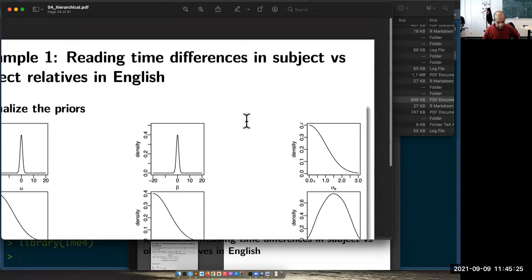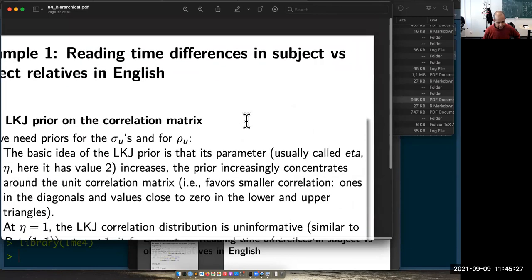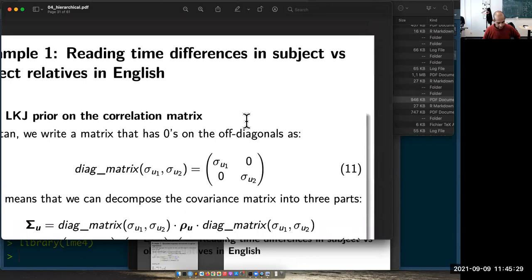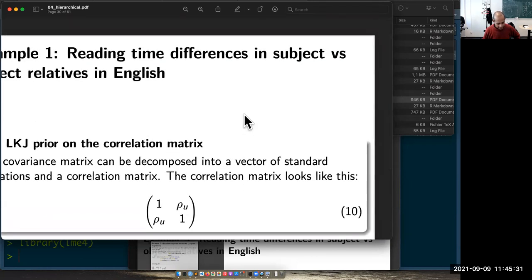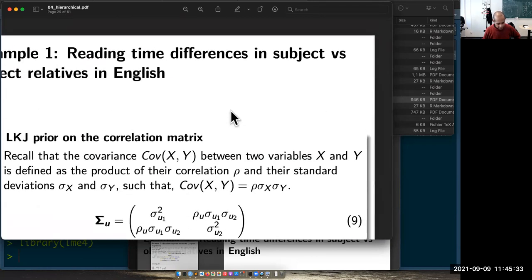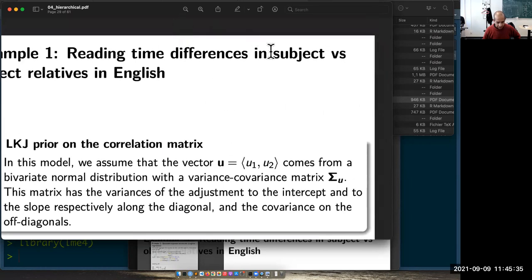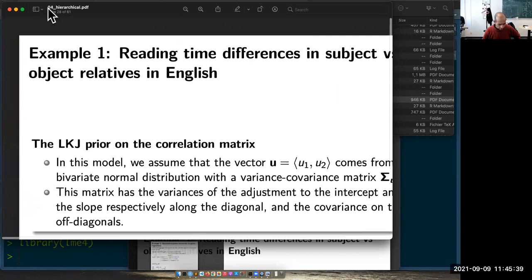Well, it turns out that in Stan, there is a very interesting prior that is available, and that prior is called an LKJ prior. LKJ is the name of the